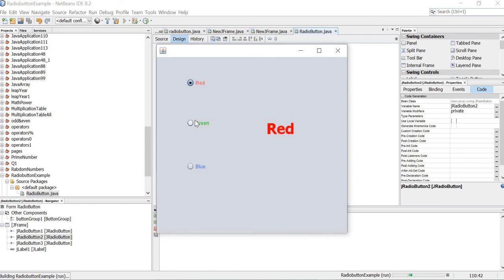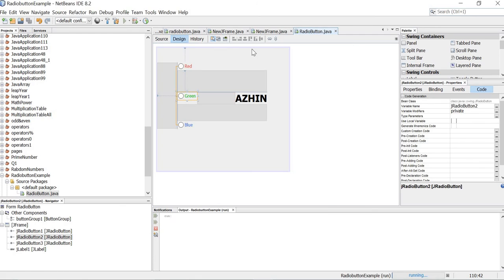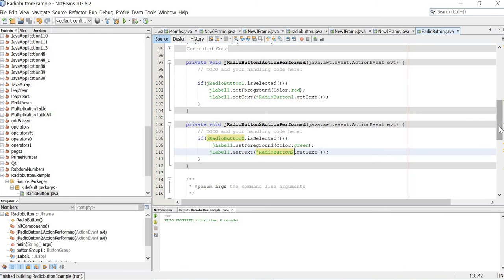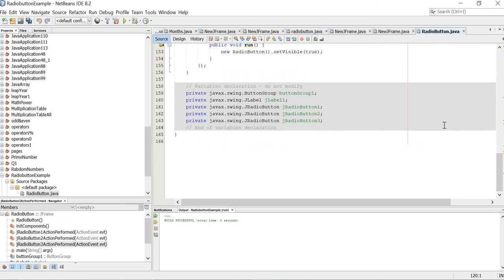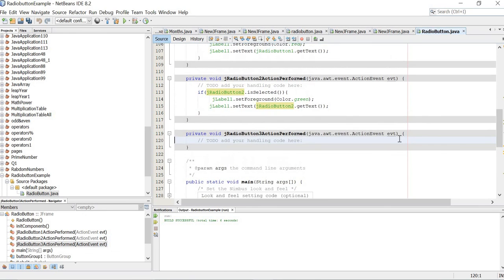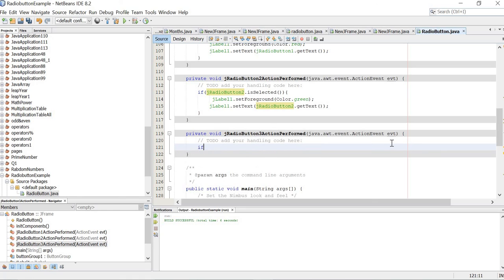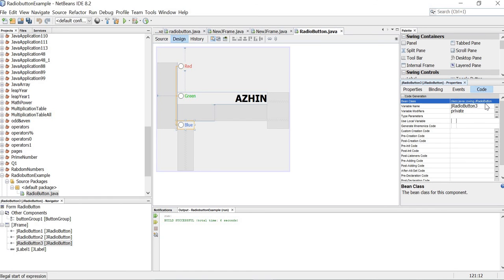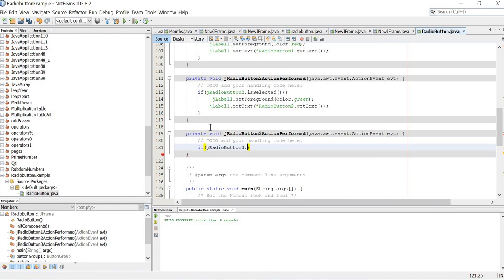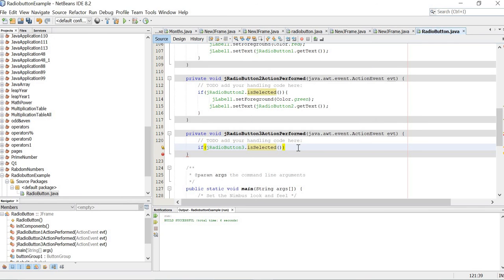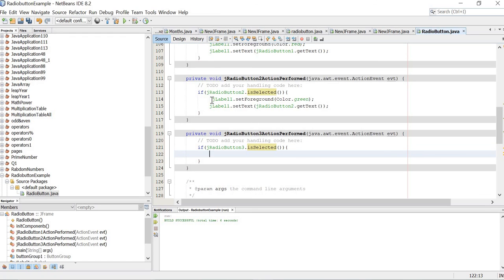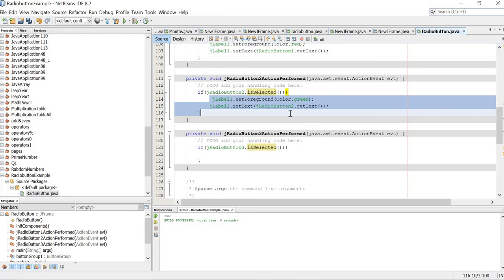Now for the red and for the green we do the same for the blue. We just copy the code. But how? Let's go to the blue, double click, then go to this radio button, write a condition. If we say, we bring the name of this radio button, let's copy it, control C, paste it here, control V, dot is selected, and then write the brackets, then bring the same code that's above,